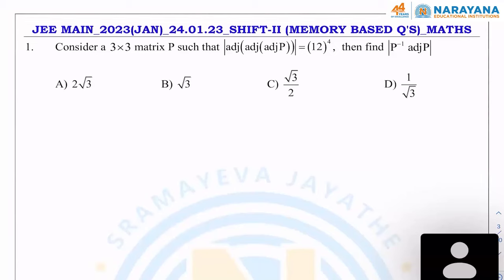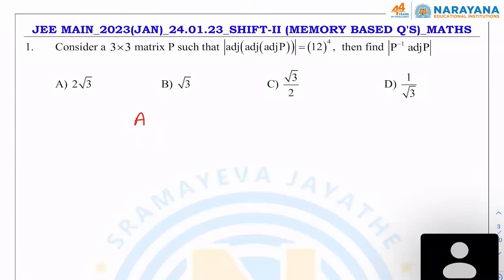If det of adjoint P is equal to 12 power 4, then find the determinant of P inverse adjoint P. So here, first I want to find the adjoint P. To find the mod of adjoint P, I will use one result, A into adjoint